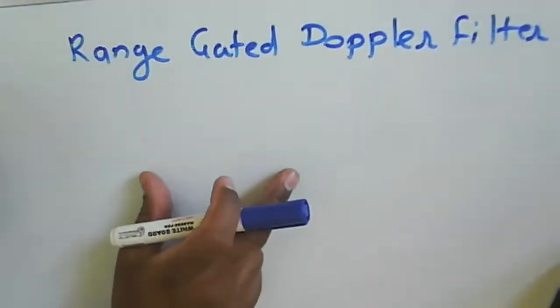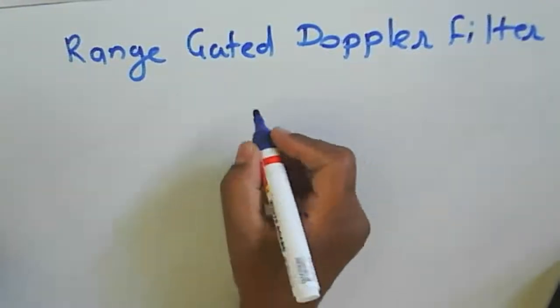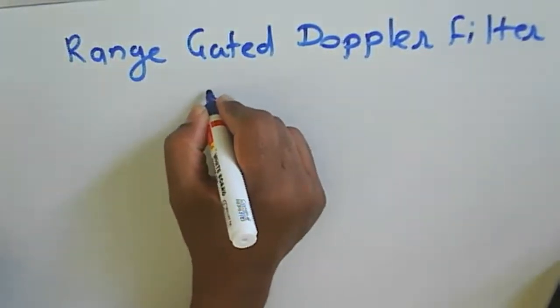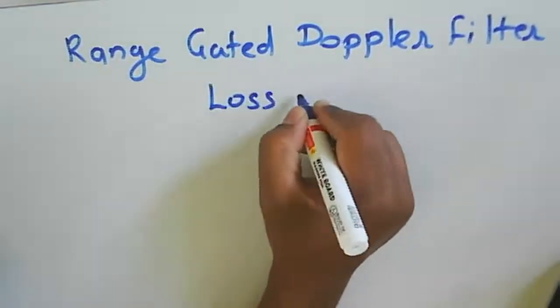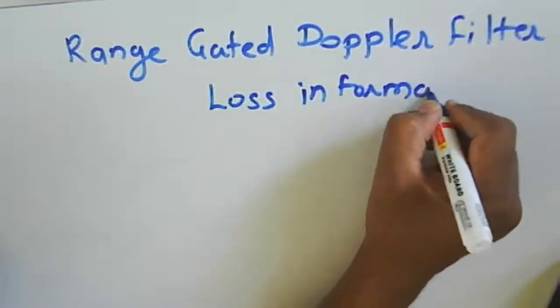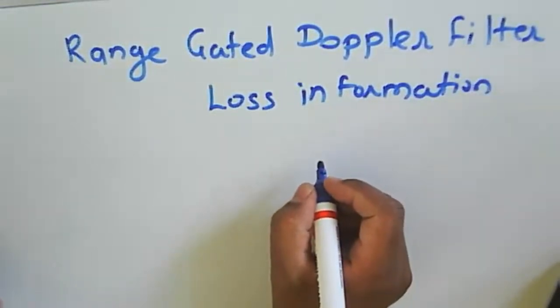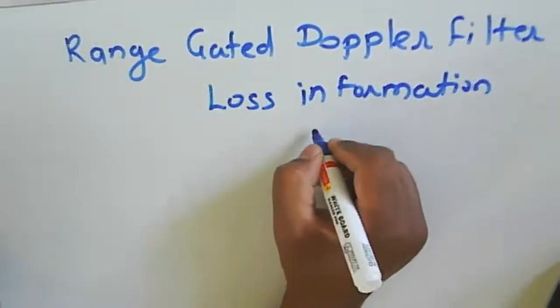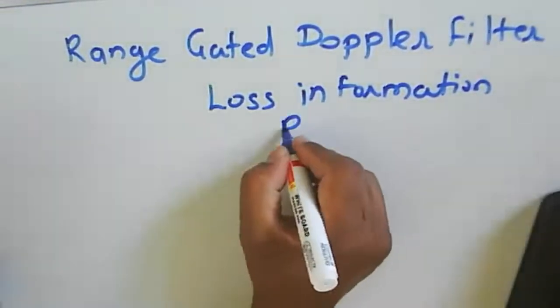But when we are using a delay line canceller, in that case what happened? Then we will lose the information about the range. We have a loss of information regarding the range there,